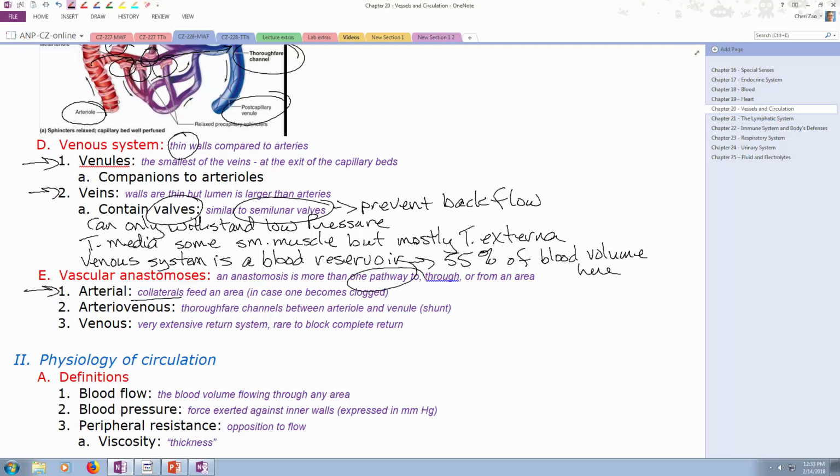Let's go to the venous system next, because this one has really lots and lots of anastomoses. That's why we say here, very extensive return system. It is so rare to block this system back because there's so many ways back to the heart with the venous blood. For example,